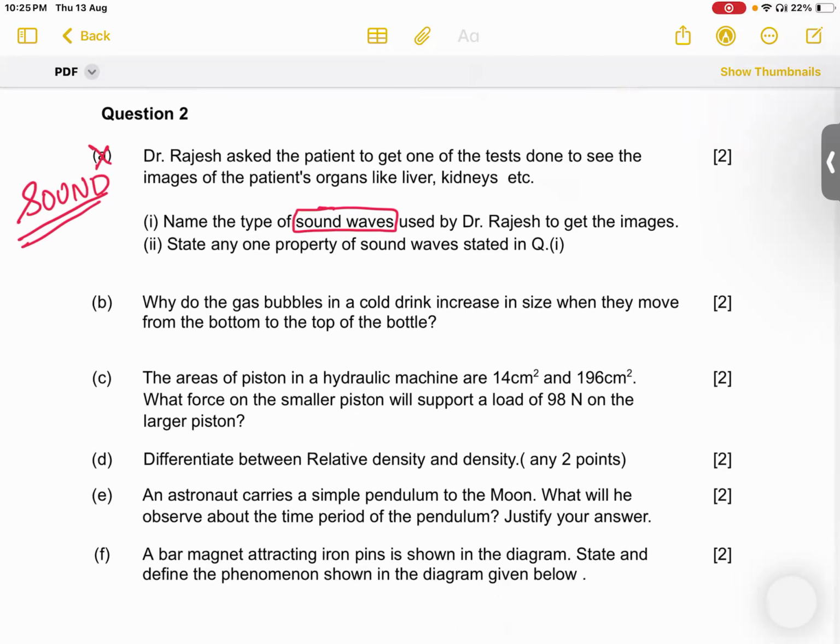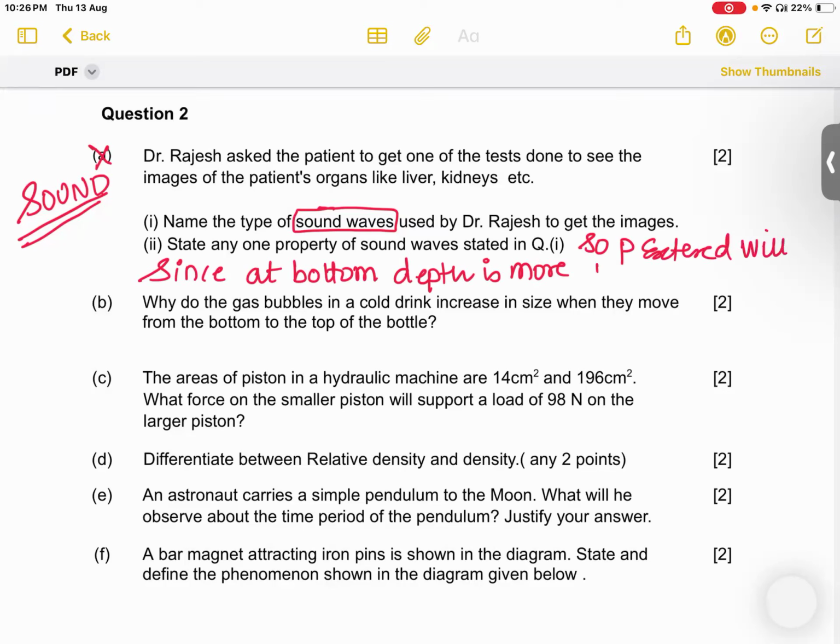Why do the gas bubbles in the cold drink increase in size when they move from the bottom to the top of the bottle? We will write here: since at the bottom the depth is more, the pressure exerted, I'm just writing in short form, will be maximum,